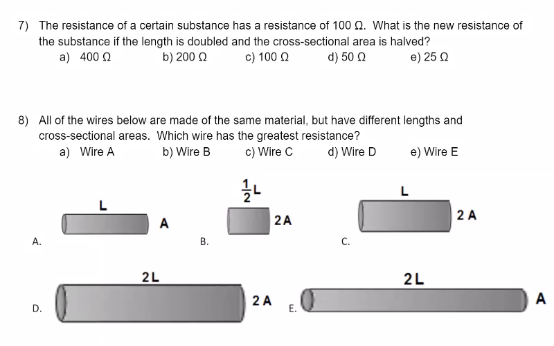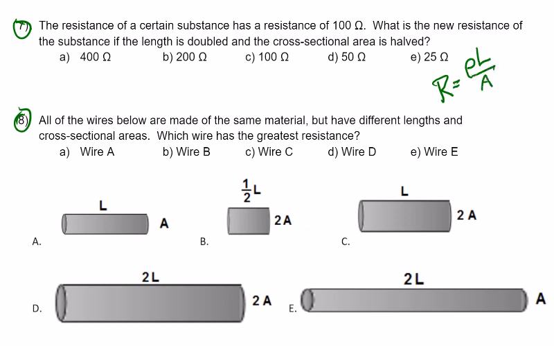Okay, we're moving right along with the Institute review of Unit 4 on electric circuits. Now we're dealing with number 7 and 8 of our multiple choice questions. These are dealing with the concept of resistivity. So our equation is that resistance is equal to the resistivity times the length of the material over the cross-sectional